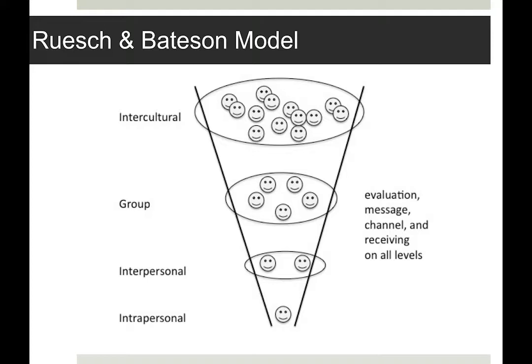The evaluation is we're evaluating the speaker as well as the receiver. We have to know who is talking, examine them, who is receiving, examine them. We look at the message itself, which is something we can do, as well as the channel. What channel is it given on? And then the receiving, how is it understood? How are people interpreting it? This type of evaluation can go on at each of those different levels. Even though it may seem like the same message, it may change depending on the level, and those things we can examine. When mass media came into play, we started looking at how does this work?